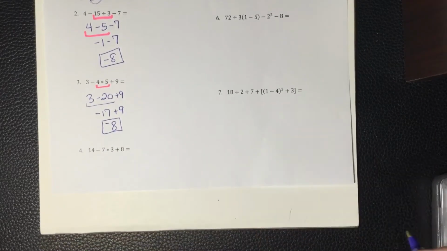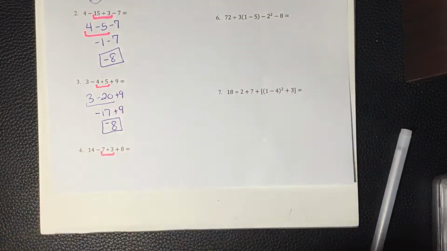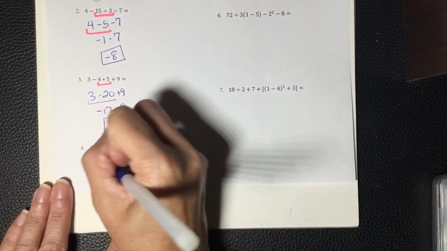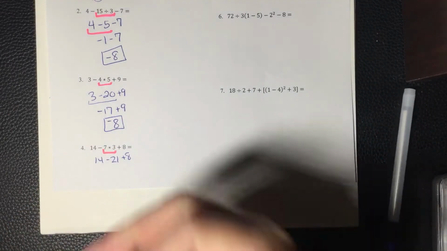All right, moving down to number 4. This one is a lot like number 3. I'm going to do my multiplication first. I don't have any grouping symbols or exponents. So that will be 14 minus 21 plus 8. So moving left to right,